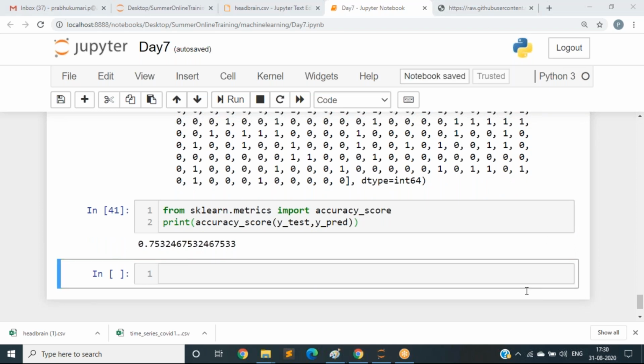Okay, now it is your task. If somebody got an accuracy of 77%, that's good. Now it is your task to apply the same random forest algorithm to the breast cancer dataset. To which algorithm have you applied the breast cancer dataset previously?